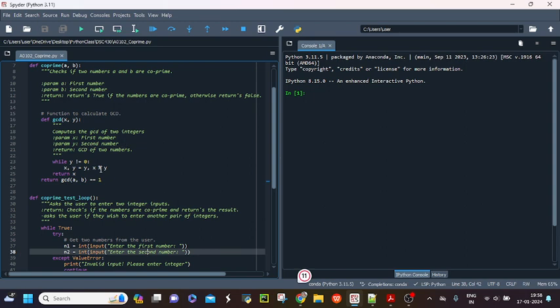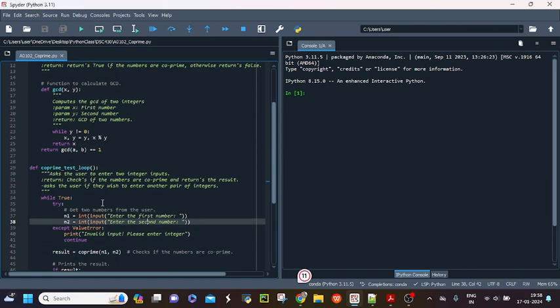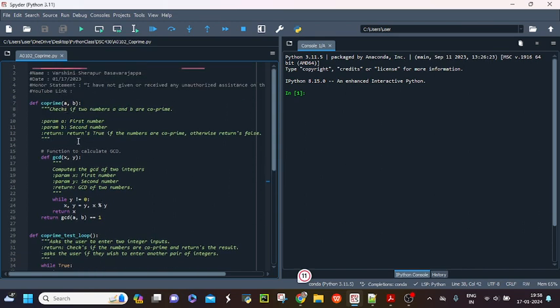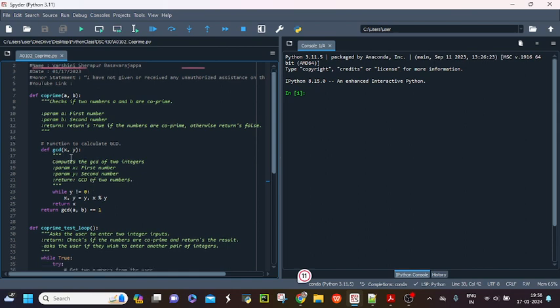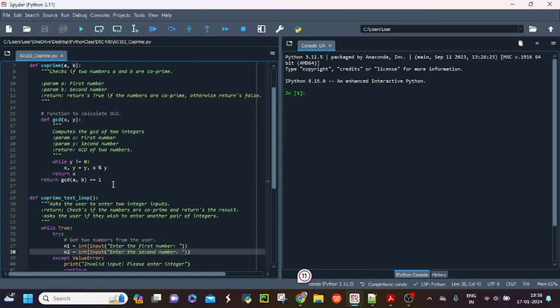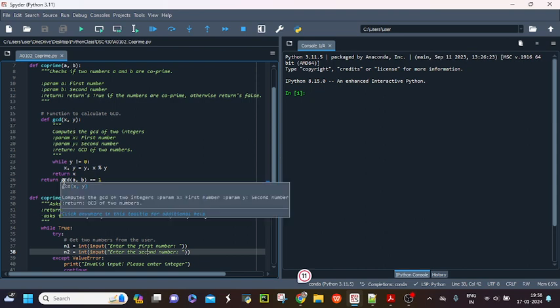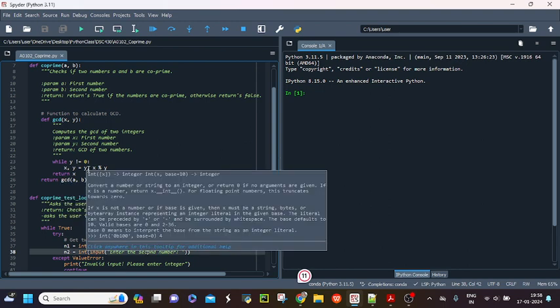The coprime of A and B function efficiently determines whether two numbers A and B are coprime by calculating the greatest common divisor using the Euclidean algorithm. The GCD is computed using the inner function GCD of x, y. The use of the Euclidean algorithm ensures efficient GCD calculation, and the function terminates when the GCD becomes 1, indicating